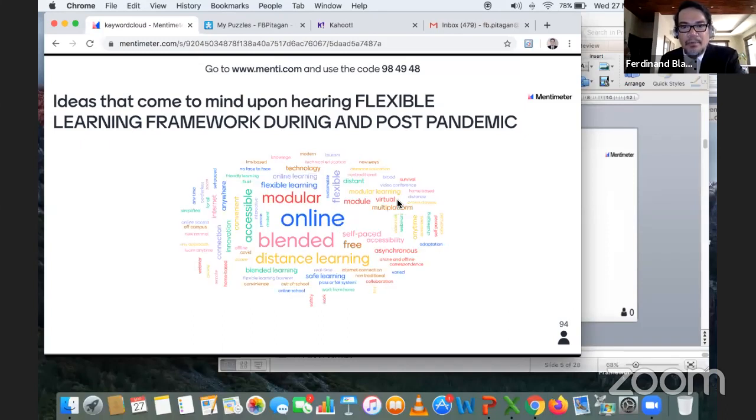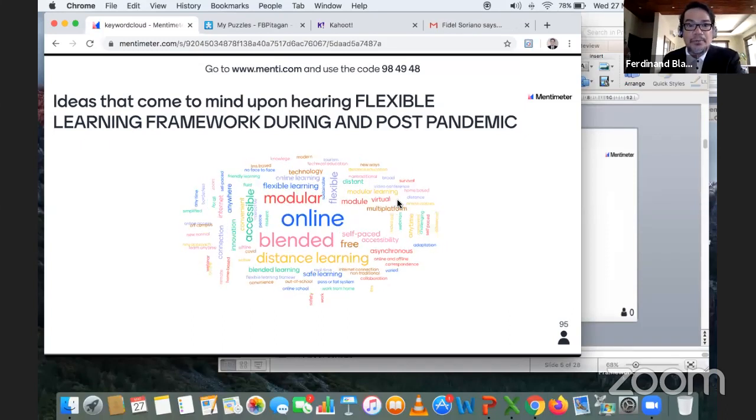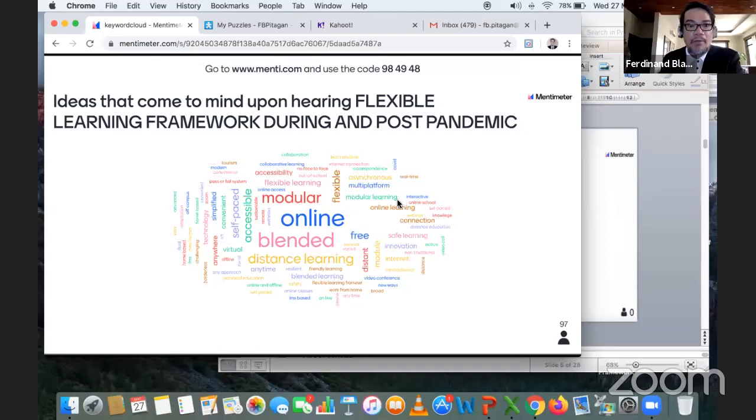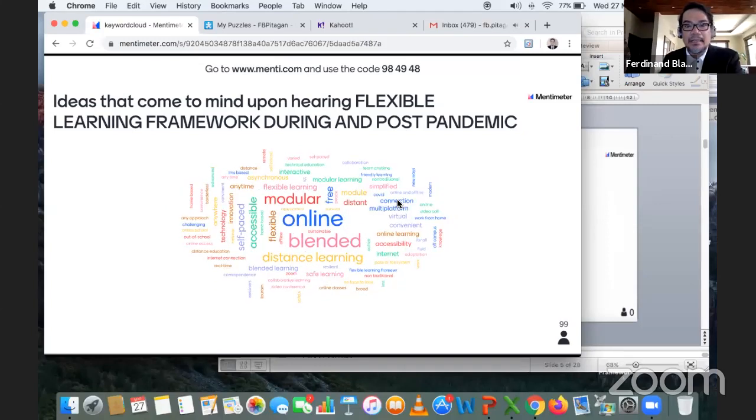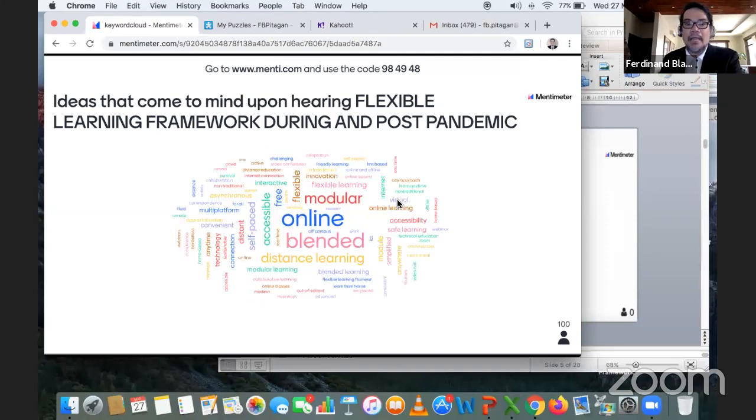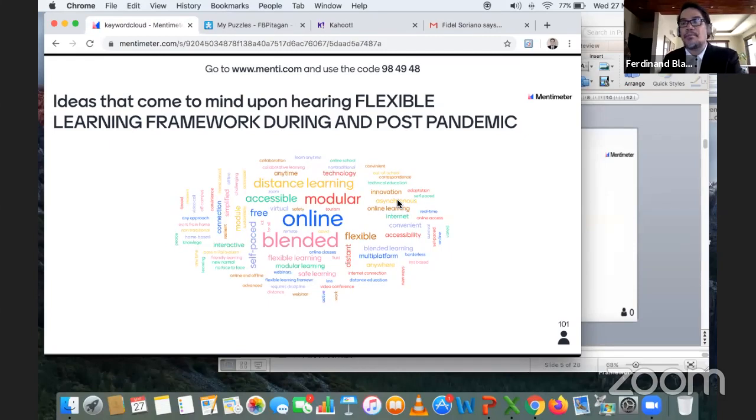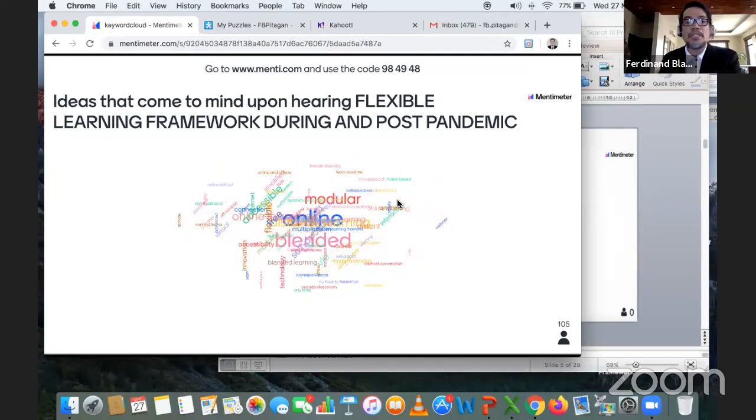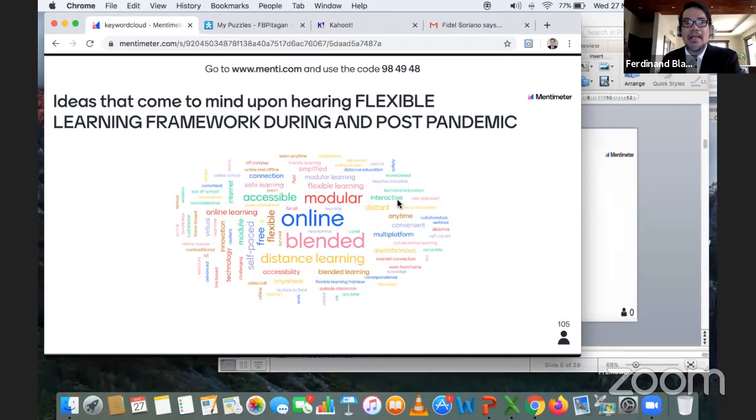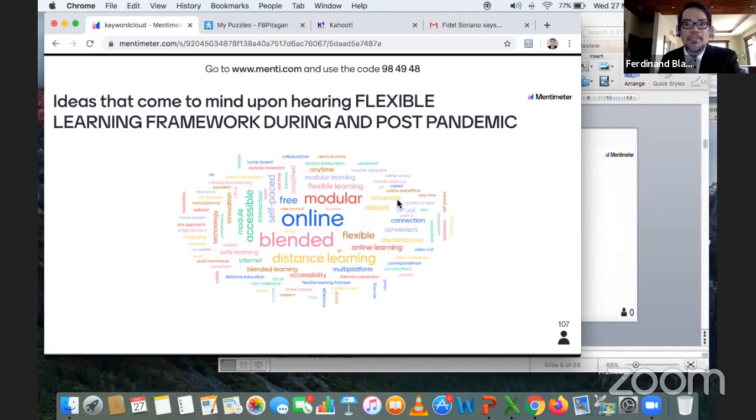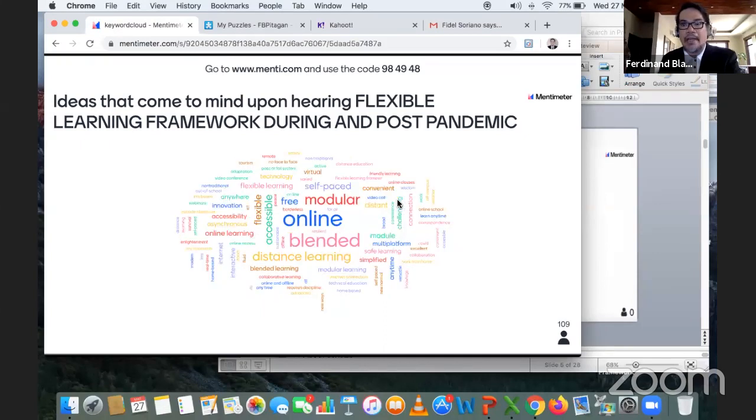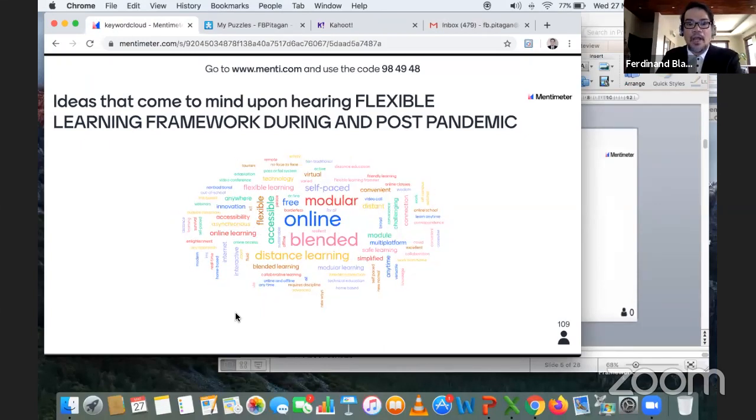Okay, let's stop at one. Asynchronous, synchronous, blended, multi-platform. Wow, very good. Varied. And our last one is modular. So for you, the flexible learning framework during and post the pandemic is mostly online and blended, flexible and modular. Hopefully, all of these keywords and phrases we could factor in and give clarification during our discussion. Thank you very much for your